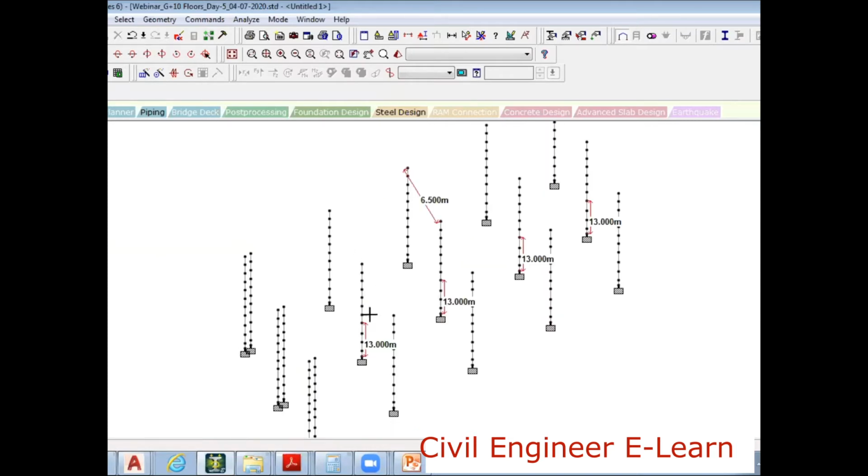So I'm going to select like this, like this, like this, like this, and delete.